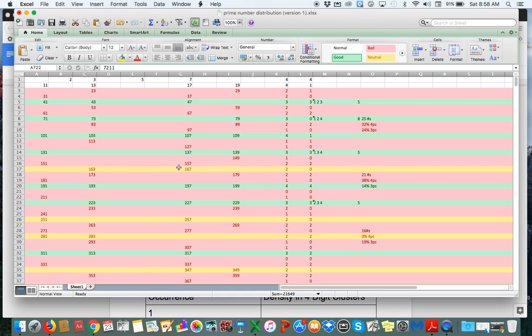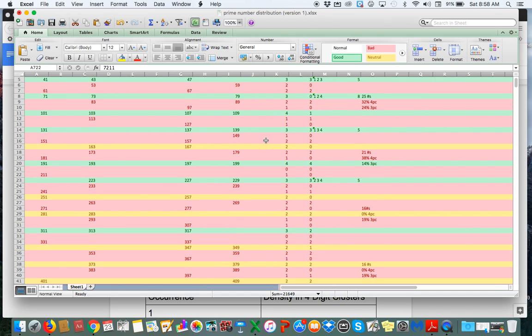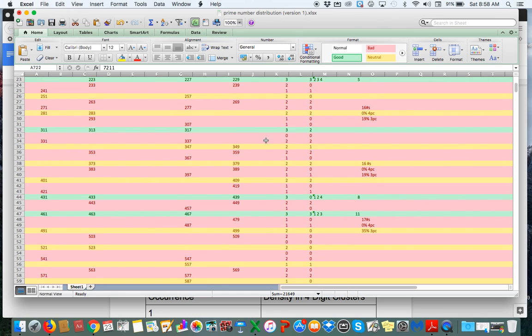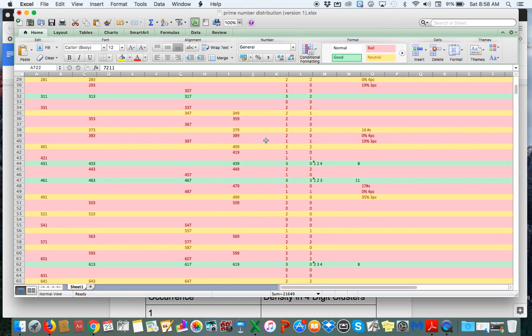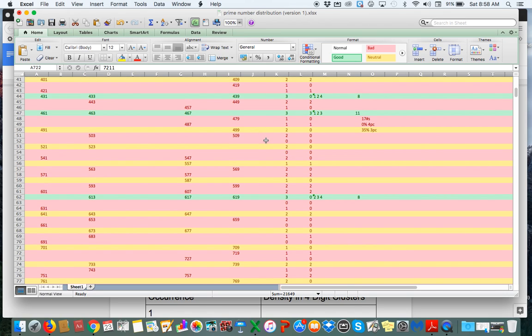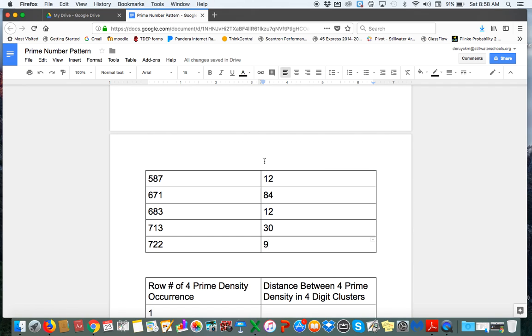And the yellow rows are the rows in which there could possibly be a 3 or 4 prime cluster according to this pattern that's emerged, and then the red rows are the rows in which you won't find 3 or 4 prime clusters. And as you can see, there's a little bit of a pattern to it, and that pattern is based on the fact that